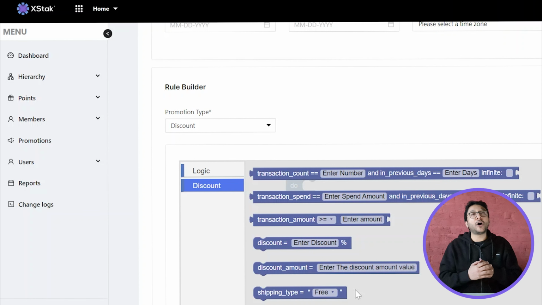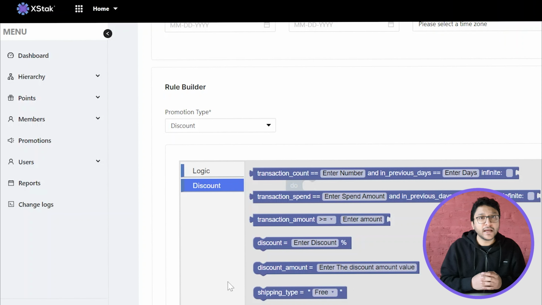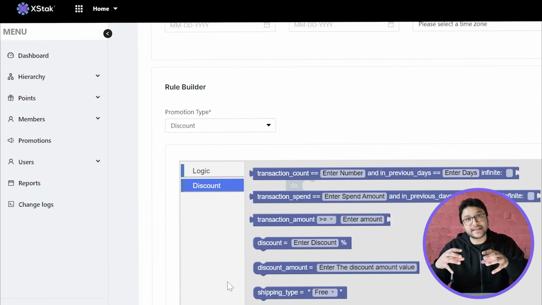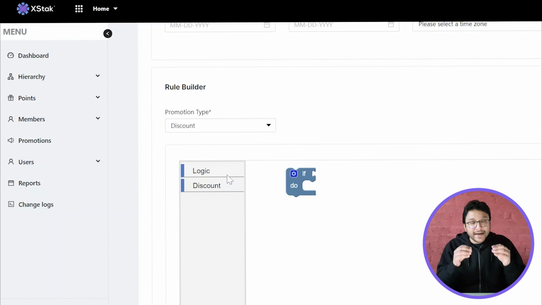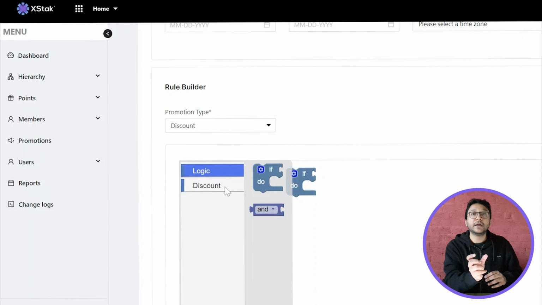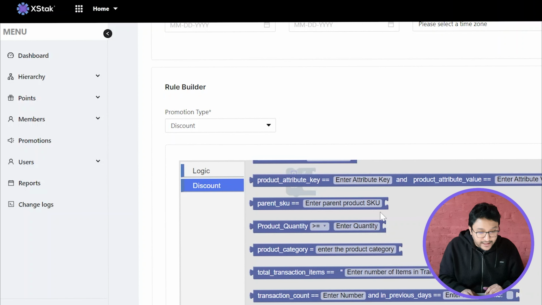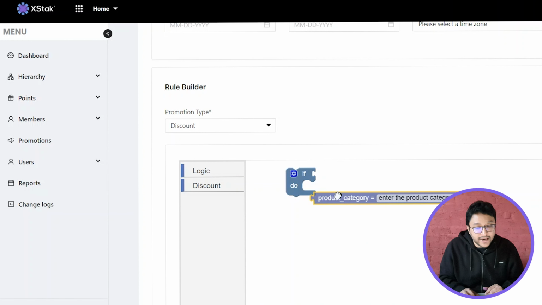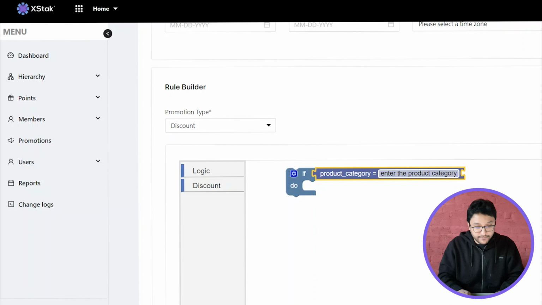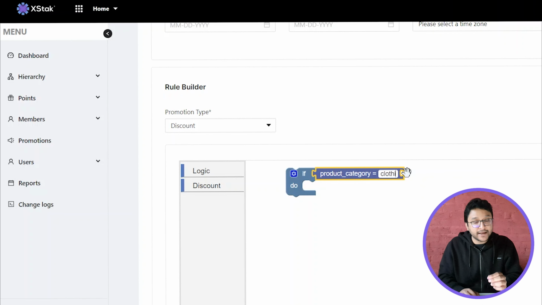So let's say I want to offer a discount which is, let's say, on my clothing category, and only if the value of the transaction is above a certain number, let's say 5,000, right? And in that scenario, I want to offer a 10% discount on that transaction. So how I would do that is go and use a couple of my components that we've seen already. So let's go ahead and use the product category component. Very simply, just drag and drop that, snap that into place. Put in clothing. So if my product category is clothing